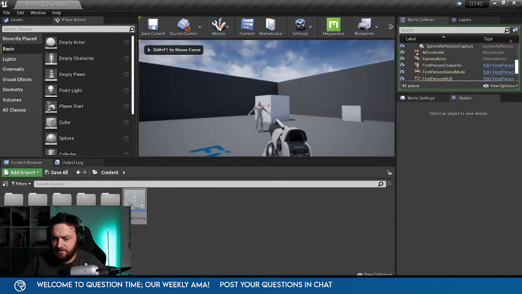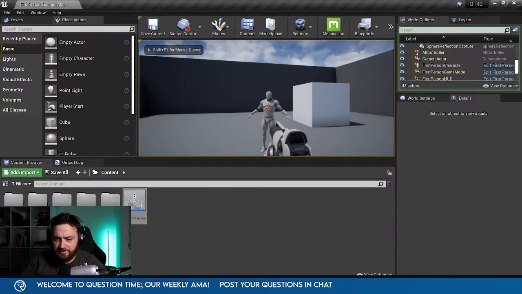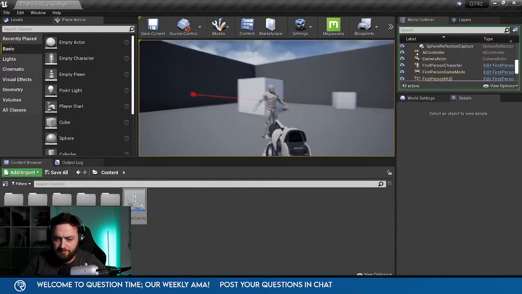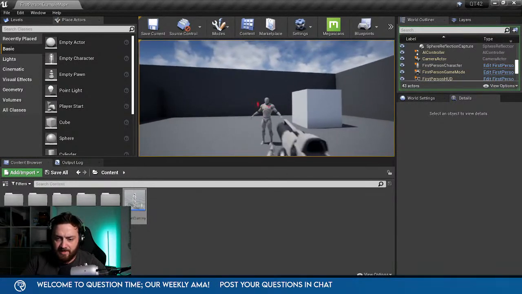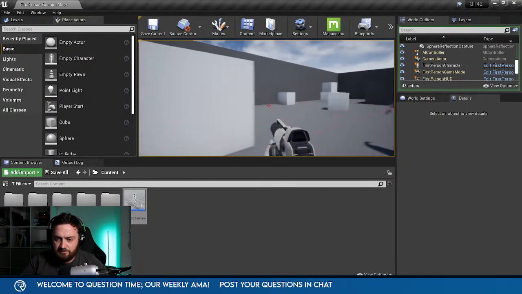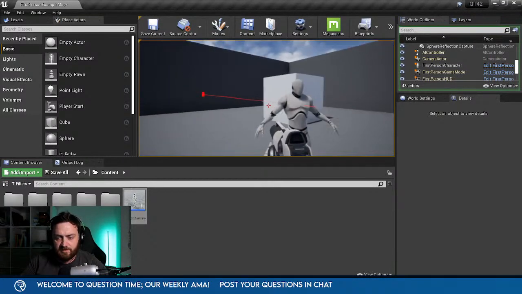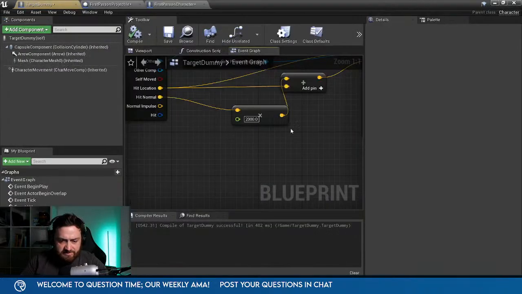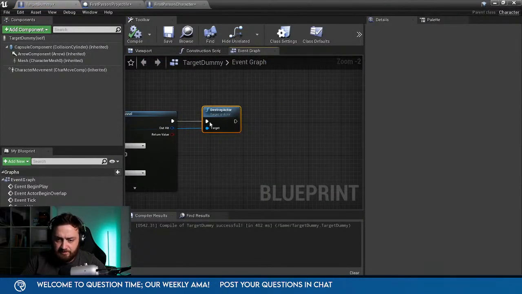How to pin a dummy to a wall behind it. Okay, so I hit it with the projectile, and it's done a line trace back behind it. So I know where to pin him to. Okay. Next, we're going to enable physics and things. So we're going to do first of all a branch to make sure that we've actually hit something, like a wall behind it.